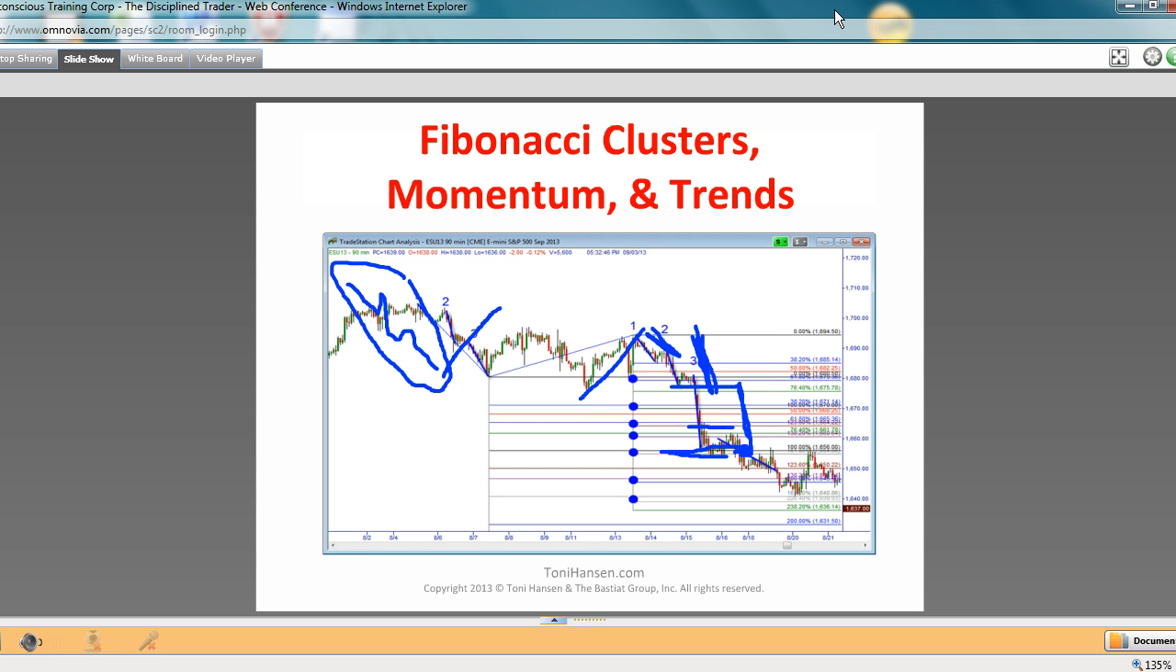the 100% level, or the 100% expansion level. So here's that next cluster level. And because